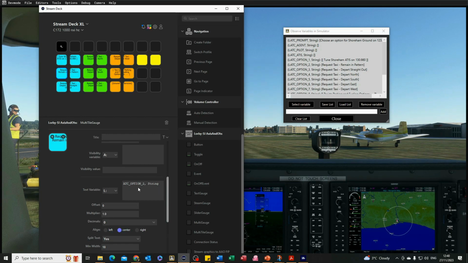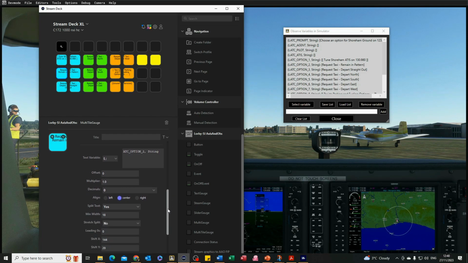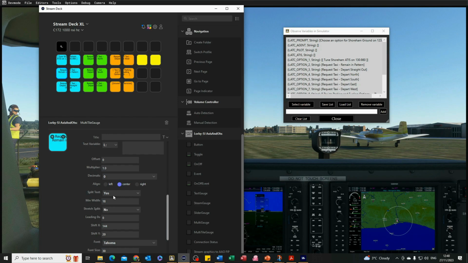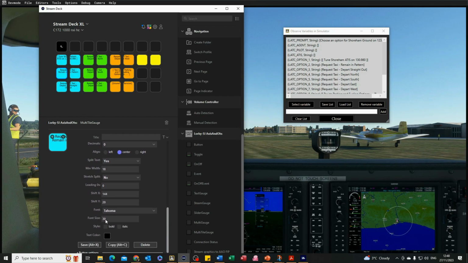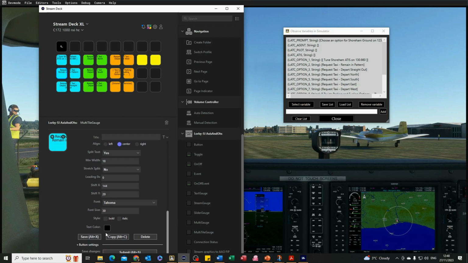That's the variable it's looking at to get the data, and I'm centered. I'm splitting the text so it can go on multiple lines. Minimum width seems to be 18. That seems to work with a font size of 30. So it's centered around the 144 pixels, and I've shifted it down about 20 pixels. I've chosen a black colour because it seems to stand out quite nicely against a pastel background. Click on save, and then the button setting